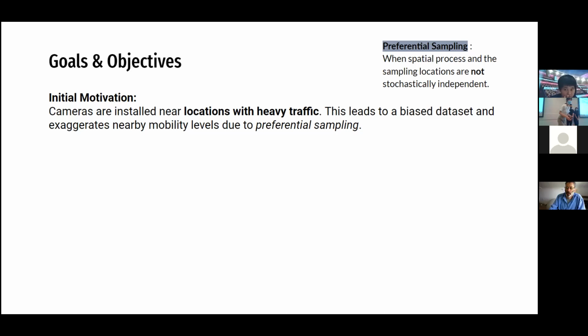Just click on that slide. Switch to Windows. So